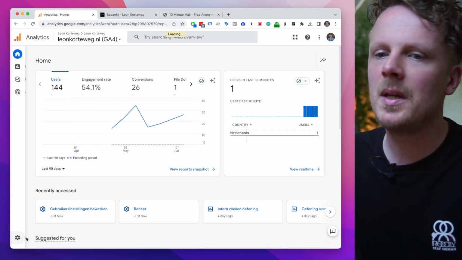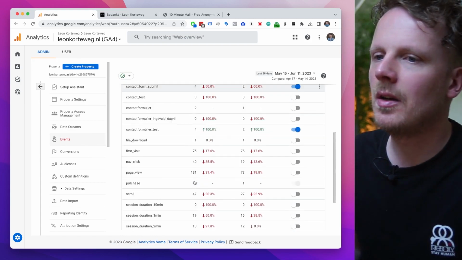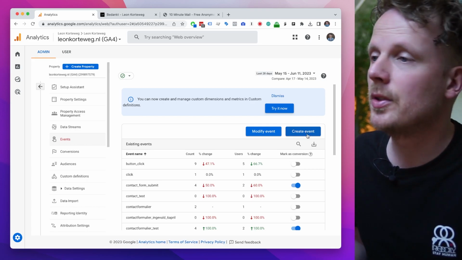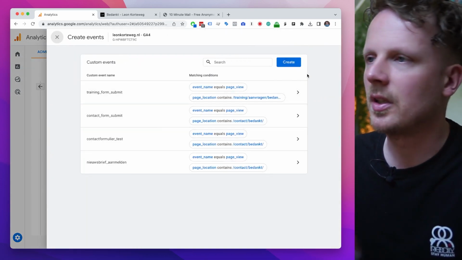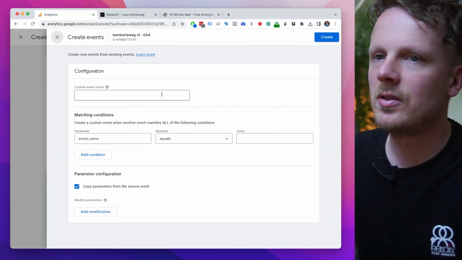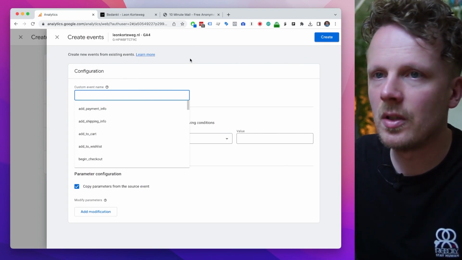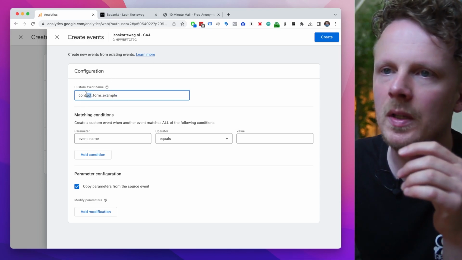Let's go into admin and let's go into events. And in this screen, you'll see all kinds of events. I'm going to create a new event for our conversion. So let's go into create event. You can see I've done this a couple of times already, but you need to go into create to make your new event. So I'm going to just call this contact form example,